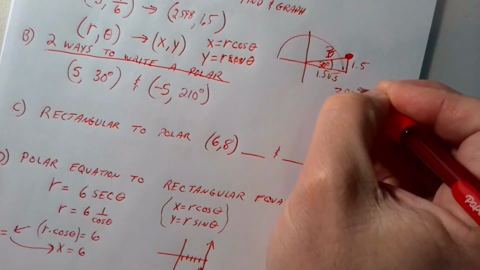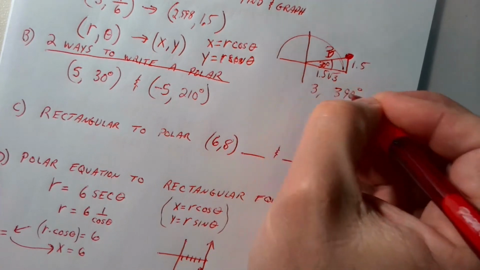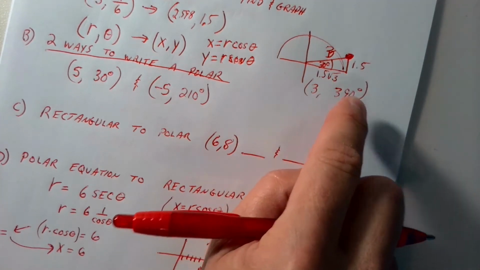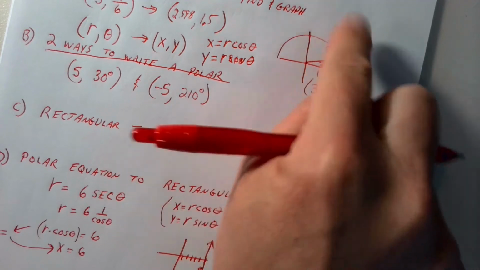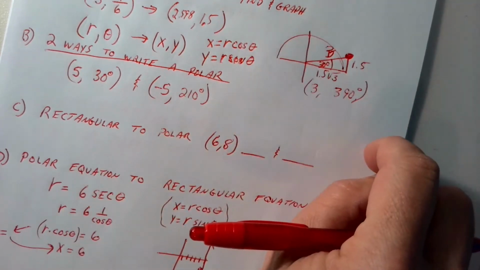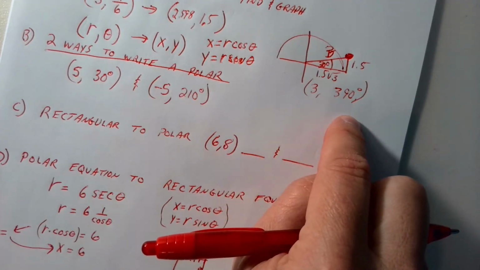And the answer is yes, I could do that. So I could do a 3 comma 390, and that would take me to that same point. In fact, I guess there's an infinite number of ways if we keep wrapping it around to the right or wrapping it around to the left. But that's not what we're going to look at right now. We're going to look at the fact that we actually can do this,